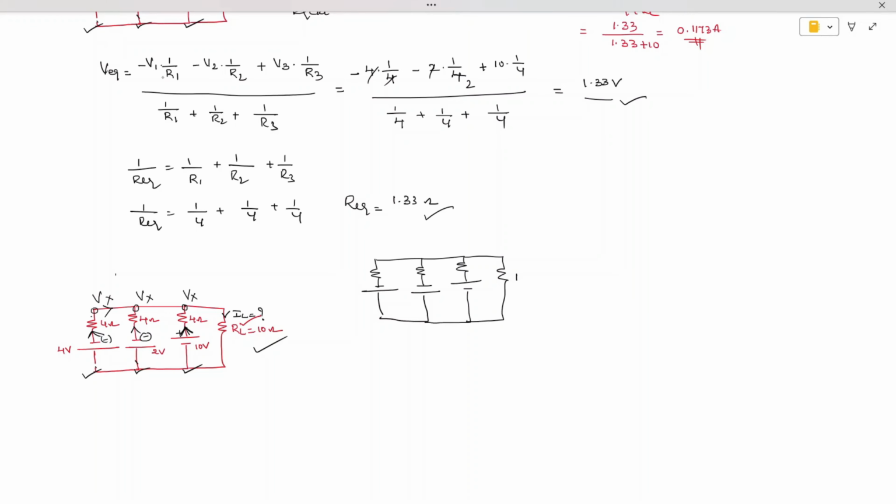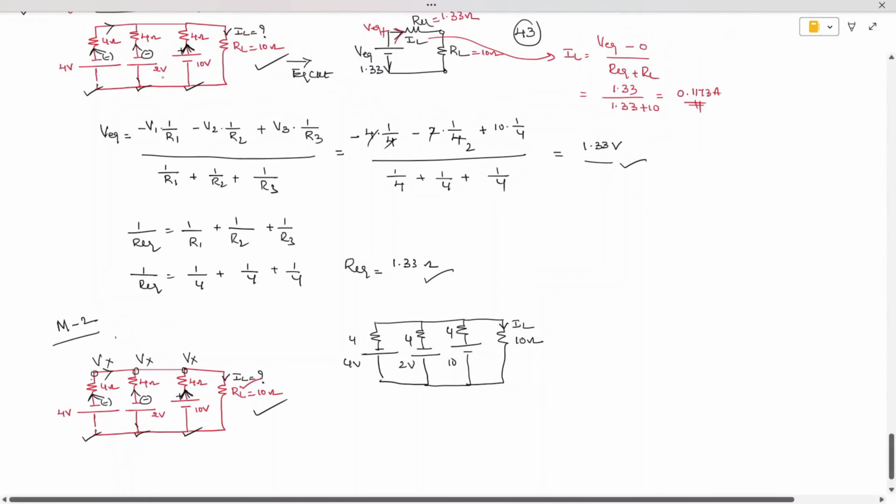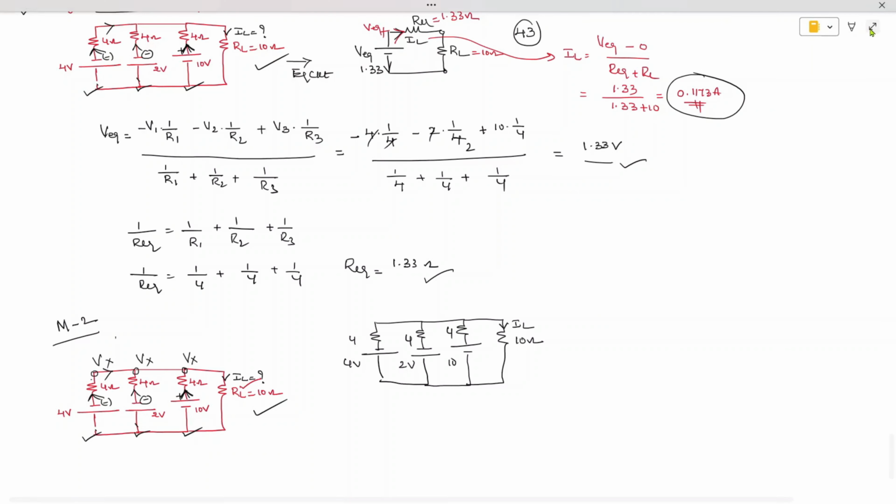This is the problem given to us, and it is asking for the current IL, with 4 volts, 4 ohm, 2 volts, 4 ohm, 10 volts, 4 ohm. You can consider this as method 2. We are not using Millman's theorem, but we are cross checking whether the answer we obtained above is correct or not. For this, I'm going to